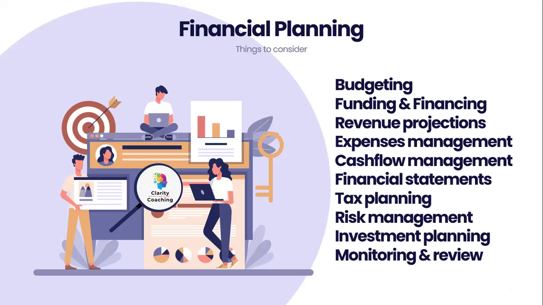Next, we've got expense management. So really understanding your fixed costs, being able to identify and manage those fixed costs that you have, things like rent, insurance, salaries. Look at your variable costs, such as utilities, raw materials, and shipping. Get familiar with when the prices go up and when the prices go down, and make sure that you've planned enough financing so that to take advantage of when prices are low, you can buy more in, for example, is quite a good thing to do.